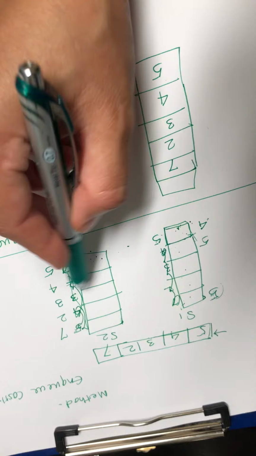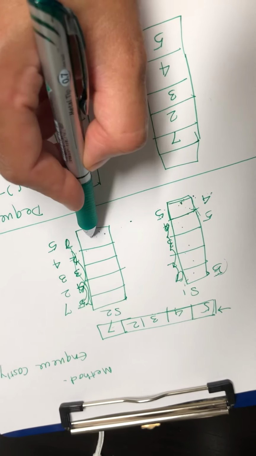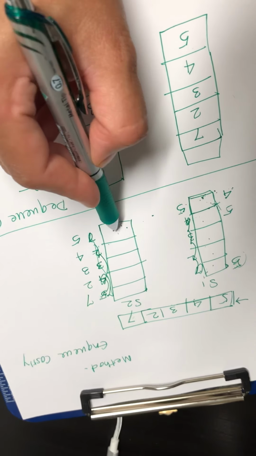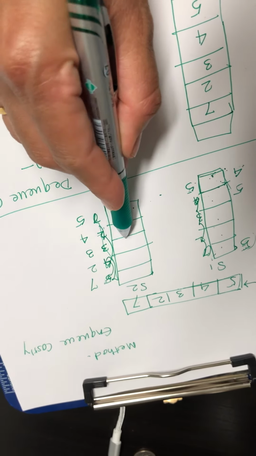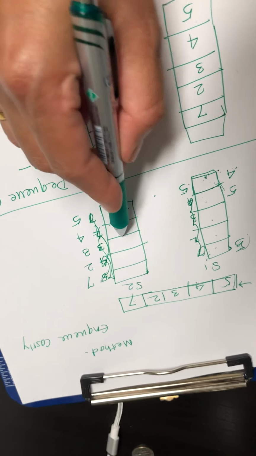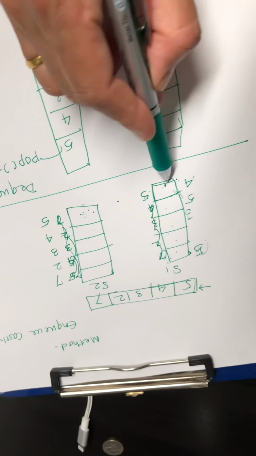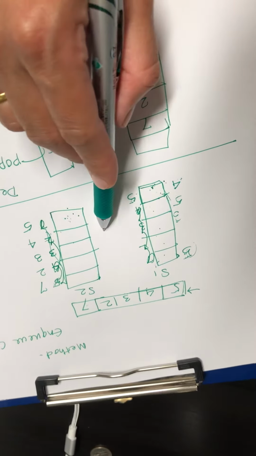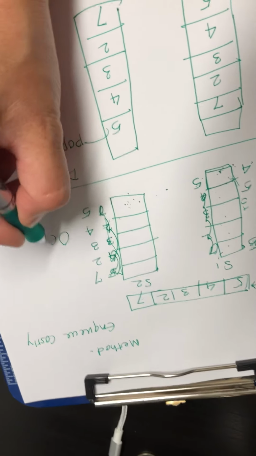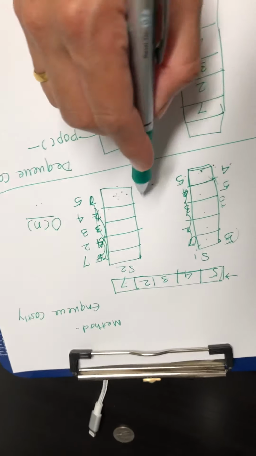Suppose 3 also needs to be added. Then 4 and 5 will first be popped out and pushed to this stack, and 3 will be pushed to this stack again on top, and then they will be copied here. So here the NQ operation is costly, where you are copying the stack elements to another stack. The time complexity for the NQ operation here is order of n,